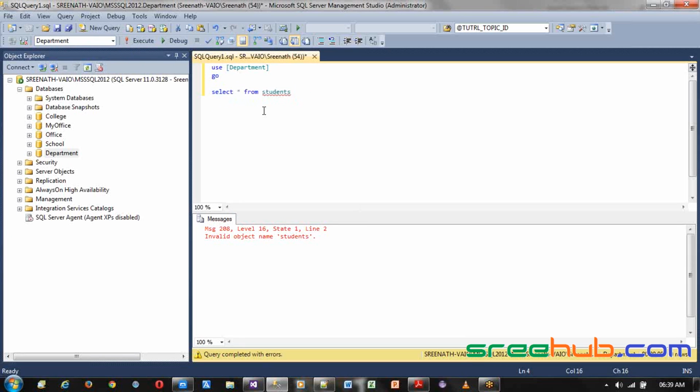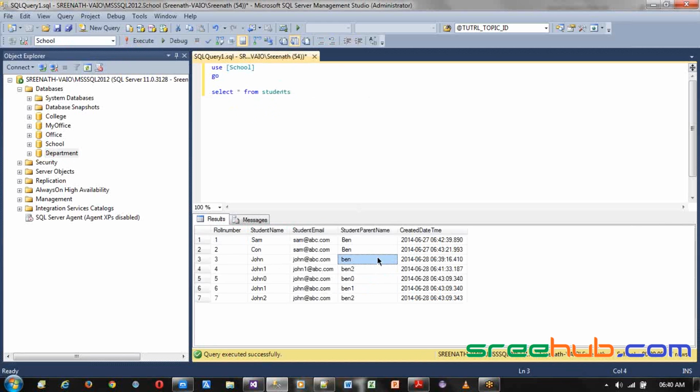the query. Anyways, we know that we don't have any table named students in department. Same way, let's say I don't want this department, I want the school here. Now run it, so you can see the output. So it's always better to use a database name, set your database before running any queries, or what you can do, you can use the database name to actually